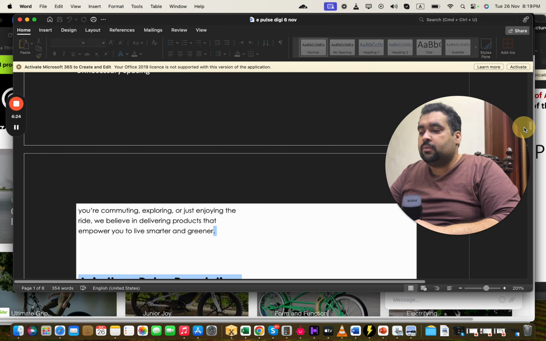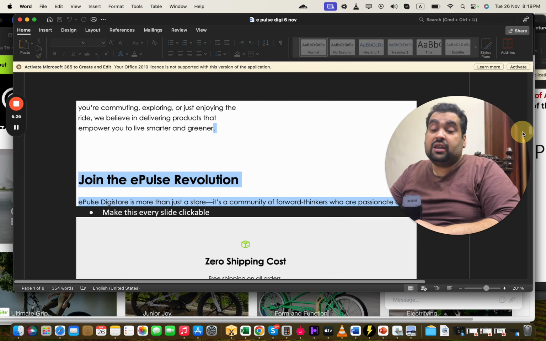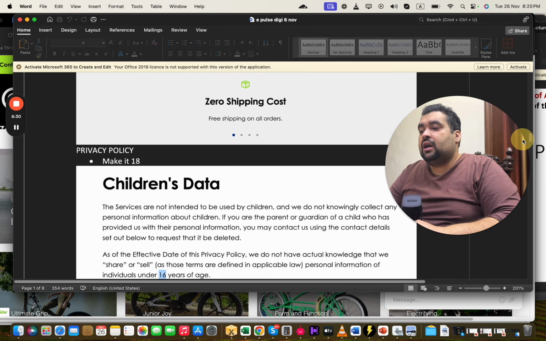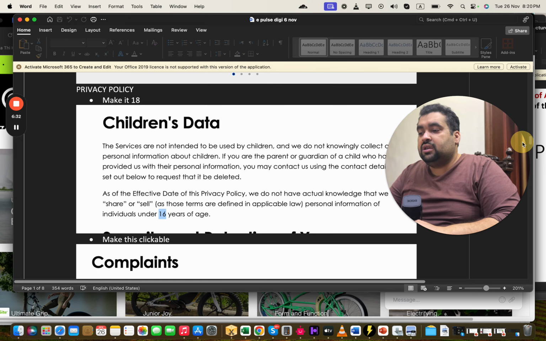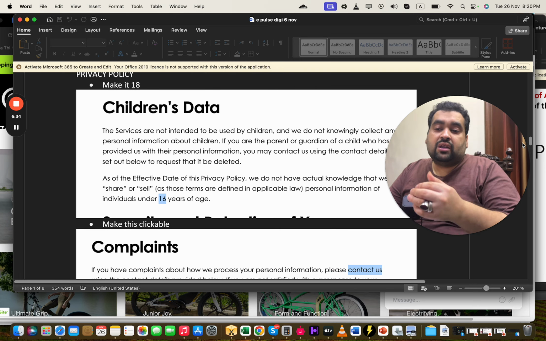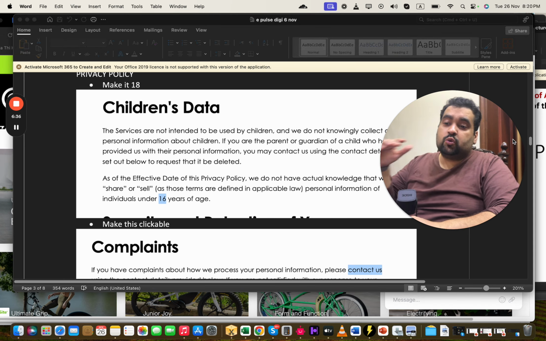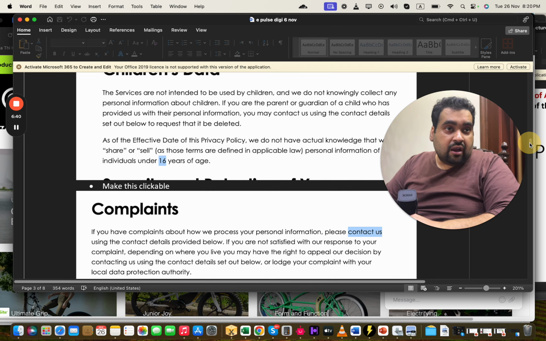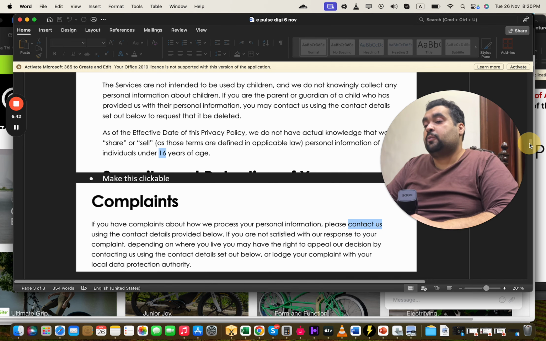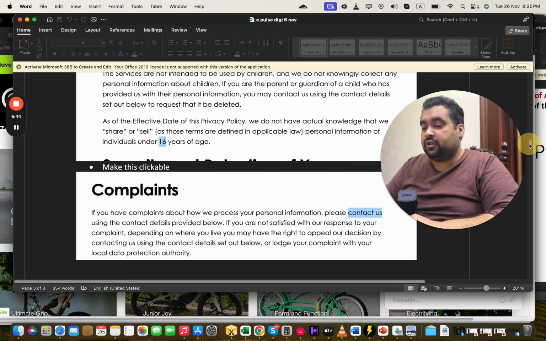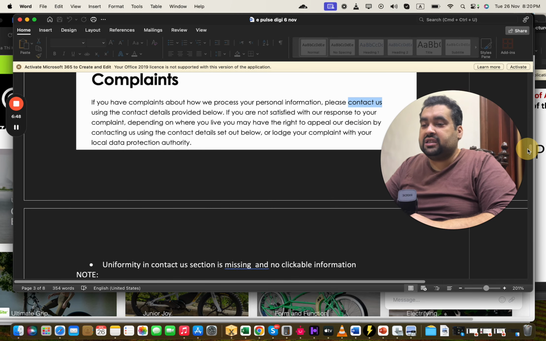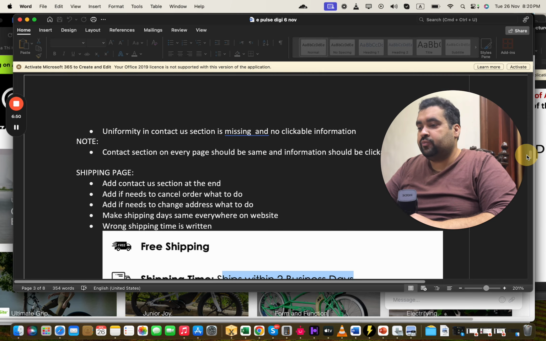Then there was some unnecessary spacing. Even the spacing can sometimes cause the wrong words. And then the privacy policy needed to be 18 plus. Again, it varies from location to location, and this was done by one of the team who serves the local laws of that state, and then finally suggested 18 years for that state. Contact us needed to have a clickable link, and